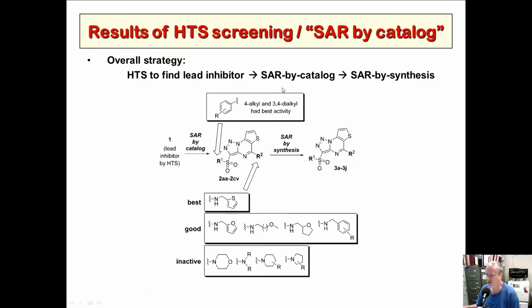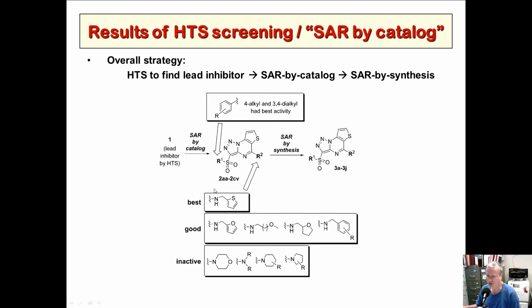Okay, so this just shows the overall approach of this project. It looks a little crazy, but it's not that bad. We discovered a lead inhibitor, which has this general structure of this triazolothienopyrimidine thing, by high throughput screening. Then through something called SAR by catalog, we just bought a whole bunch of analogs of the lead inhibitor, and that allows us to explore the structural determinants for activity